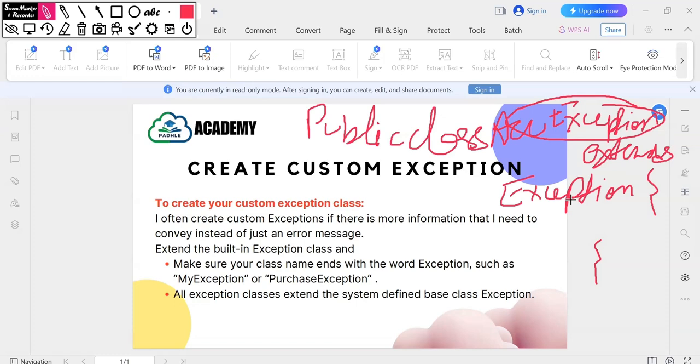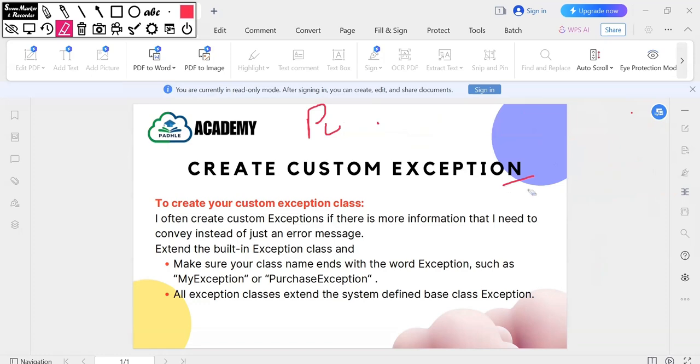Now we are going to do a simple example in which we are going to create our own custom exception, and we will also see how to throw a custom exception and how to handle a custom exception. So going back to our developer console,